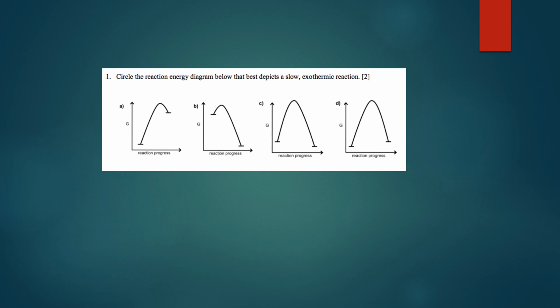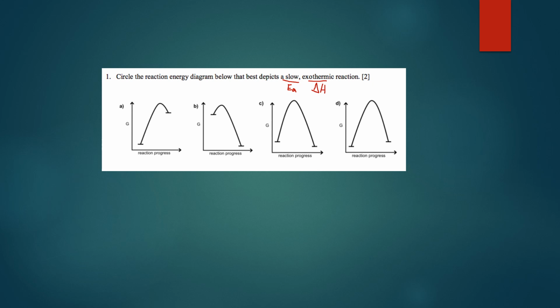So now let's look at a problem that you might see on an exam regarding these activation energies, reaction coordinate diagrams. The question here is asking you to circle the reaction that depicts a slow exothermic reaction. Well, for slow, we're going to look at the activation energy, the E sub A. How big is the hill from the reactants to the top of the hill? For exothermic, we're going to look at that delta H, and figure out if it's positive or negative depending upon where the products and reactants are.